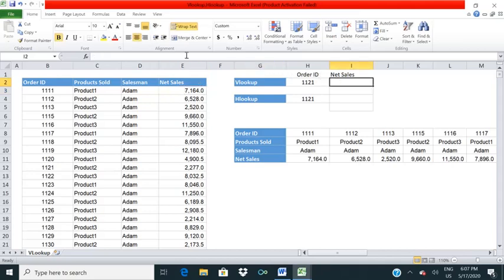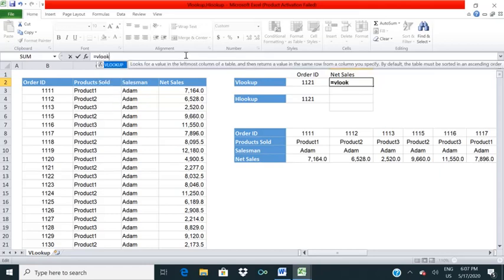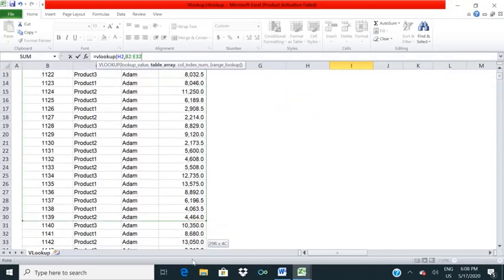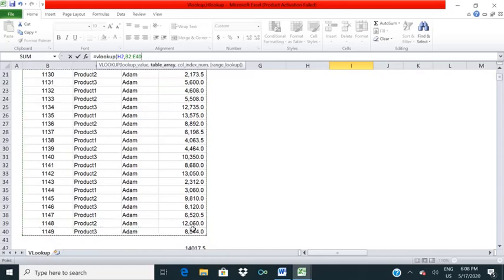So let's go. We need to write here VLOOKUP function, and then we need to specify this cell, and then we need to specify the range where we need to search that particular value.